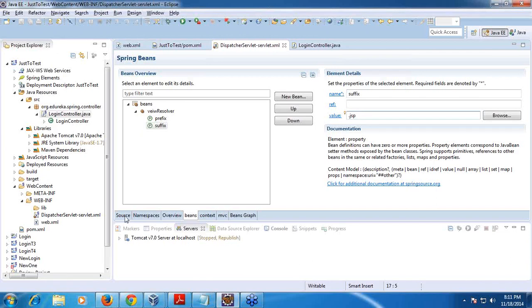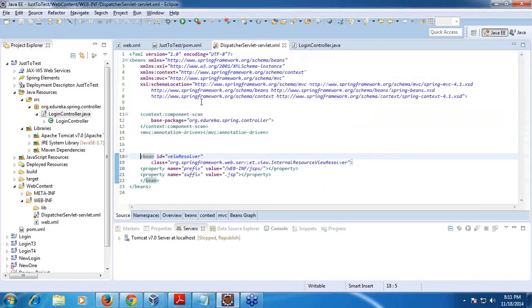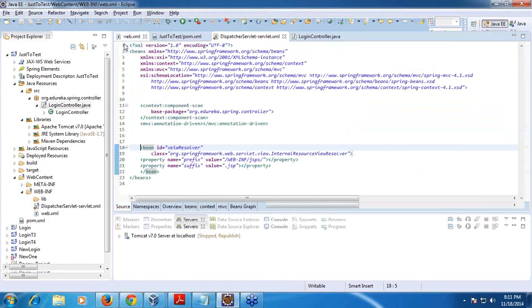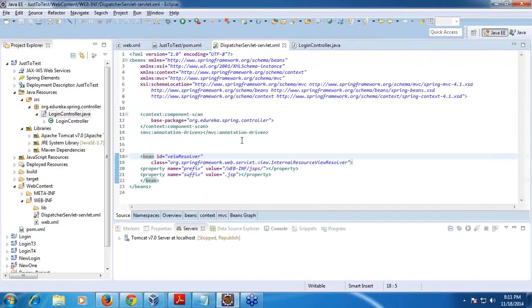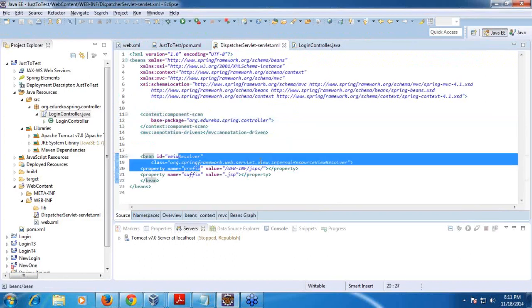Now you save it and then see the source code. You should see something like this in the main context configuration bean, which this dispatcher servlet will call. You are configuring which packages for controllers to scan, whether they are annotation based, and which view resolver you have to show. Everything you are configuring.